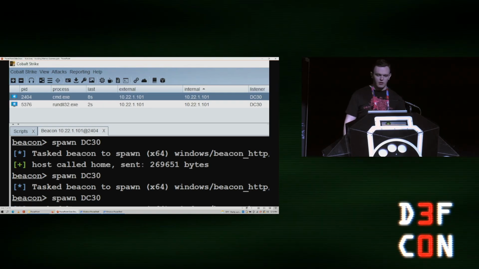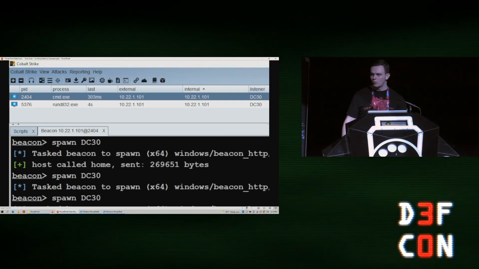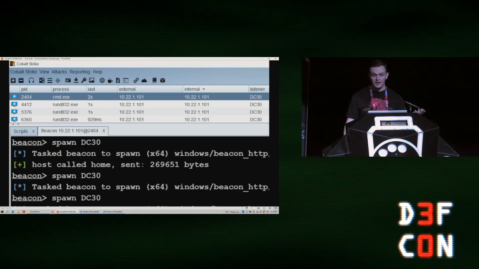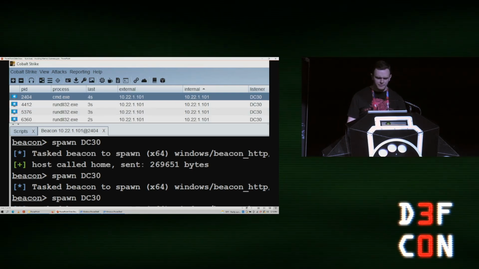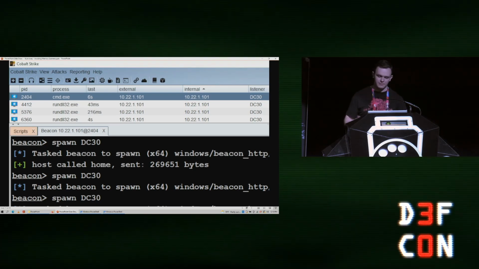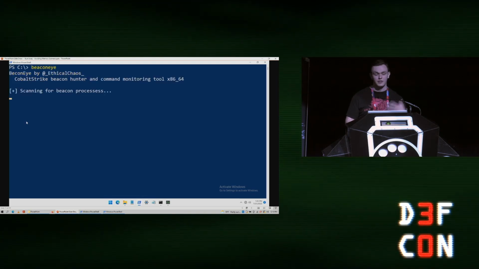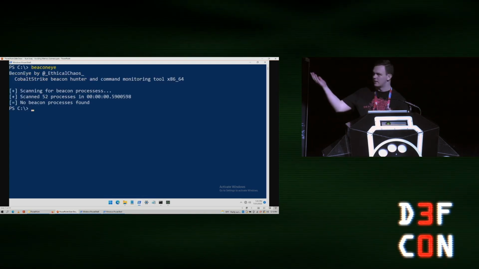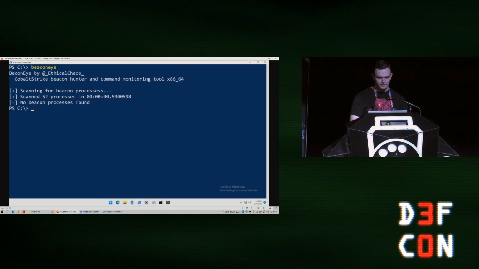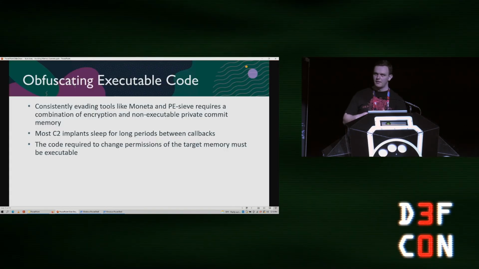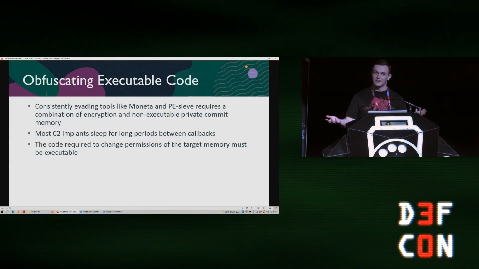And then once those are all started, we're going to go over to the Windows box and we're going to run BeaconEye, that tool I mentioned earlier that uses Yara. It shouldn't give us any results now because we've loaded that aggressor script which instructs Cobalt Strike to create that secondary heap and then encrypt them all. And so you can see, okay, great, it does not. So that's the first thing, is getting past those Yara rules that look at the heap, right?